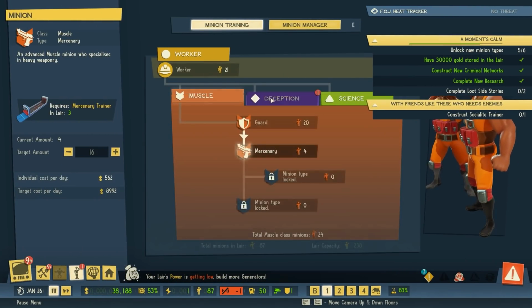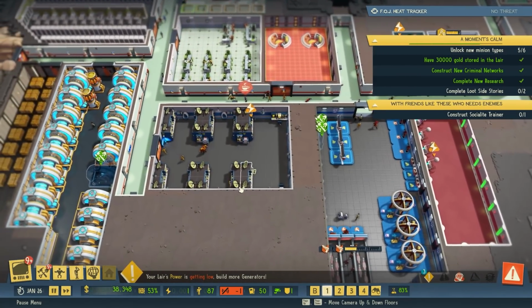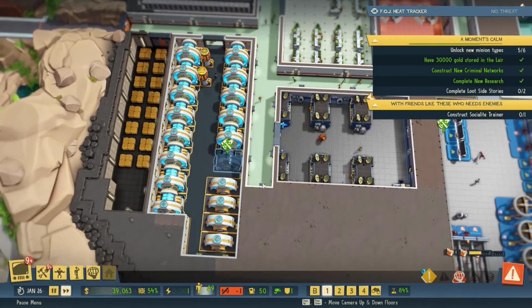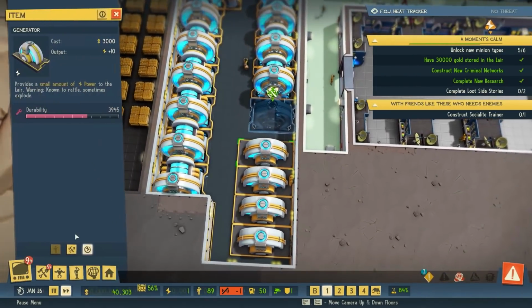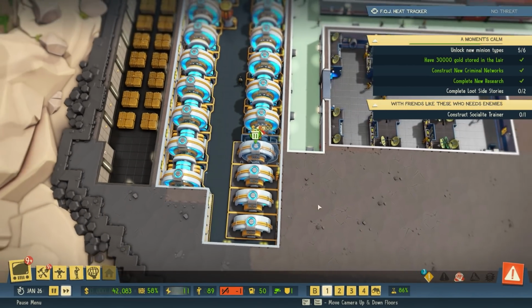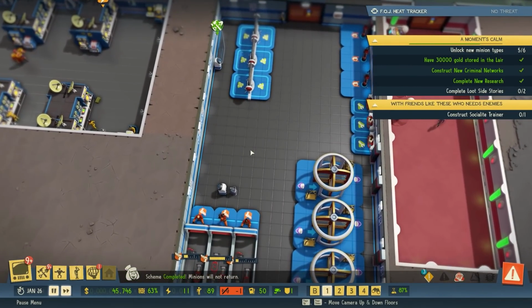Build more generators. We now have the socialite minion. But obviously we need to power it. We've only got 1 power, speaking of power, so I'm waiting for this to be completed. Let me just max speed it out and wait for this minion to come along. I'm going to sell the next one and preemptively put another one in. That gives us 11 power, which means that hopefully now...